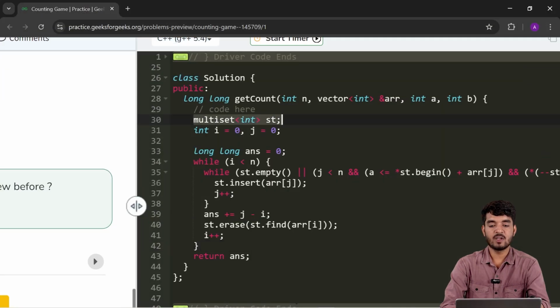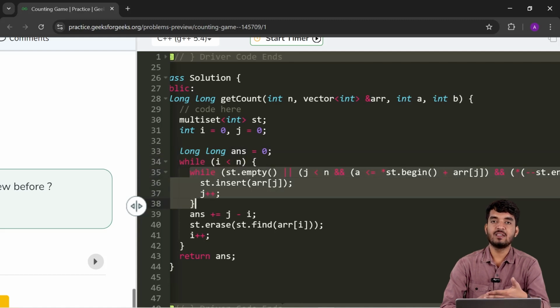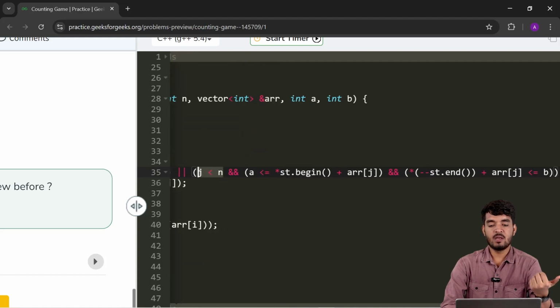Here I have declared a multi-set st, then integer i and integer j, then initializing answer with 0, and make sure it is a long data type, otherwise you might get an overflow error. While i is less than n, I am expanding the previous subarray as much as possible. If it is empty, then add the element at index j and increment the value of j. Otherwise, I am checking whether I am out of bound or not. If the value of j is less than n, then I check the minimum element of the set plus the element at index j, if it is greater than or equal to a,